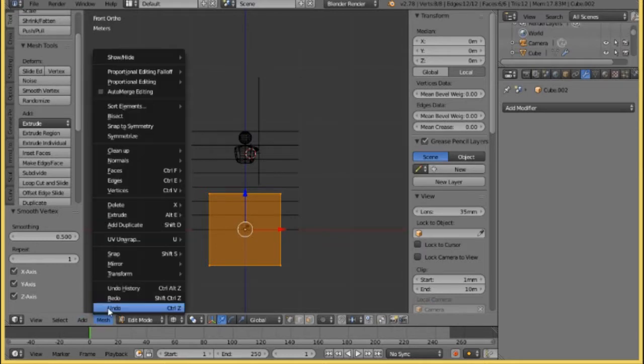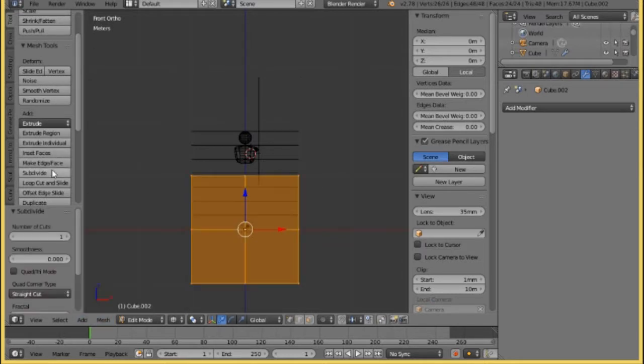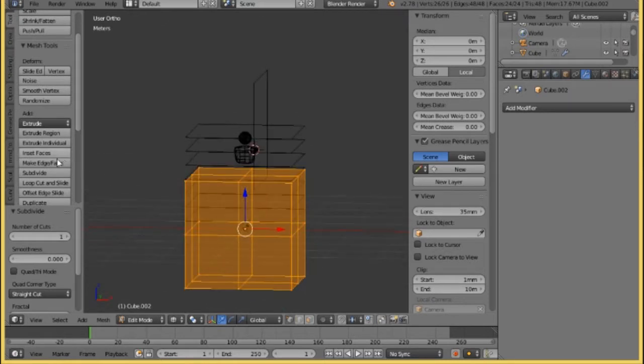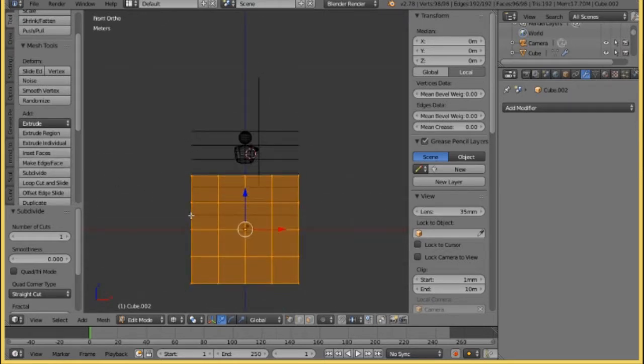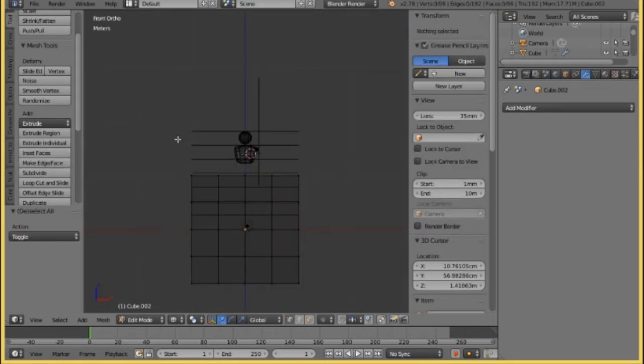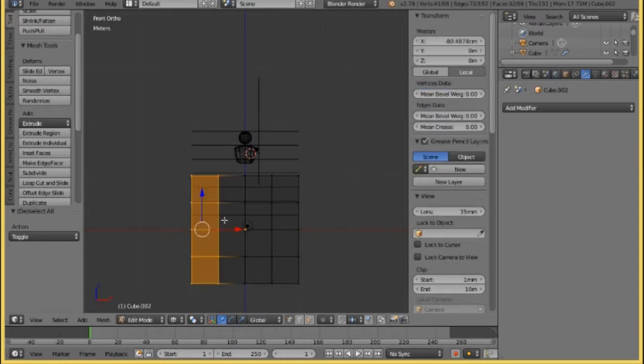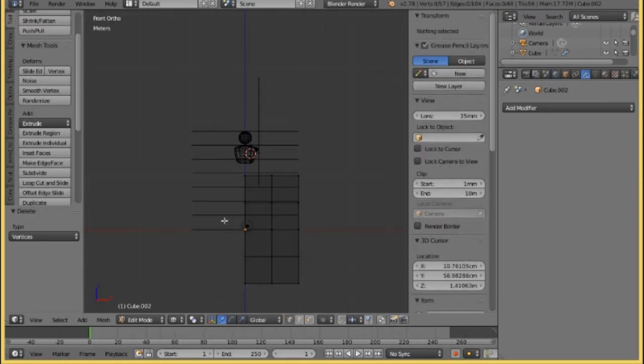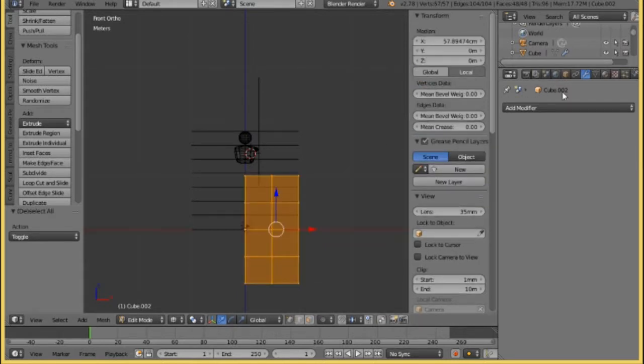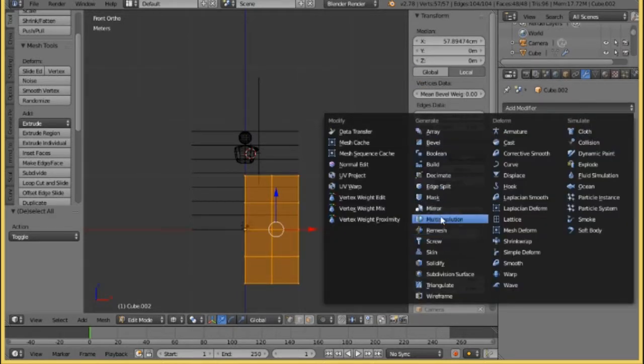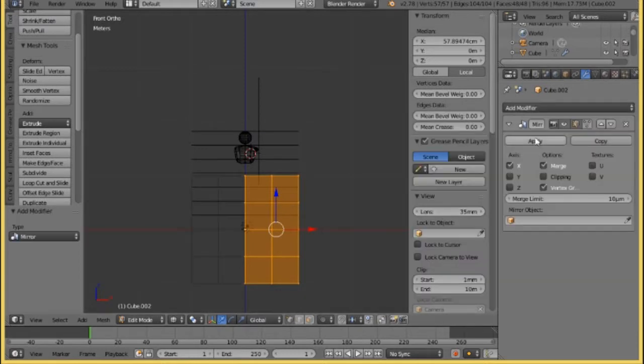Oh, of course, subdivide and subdivide, and what I didn't do now with the female character, of course, don't forget to mirror the neck. We don't have to keep it complete, we only need one side,